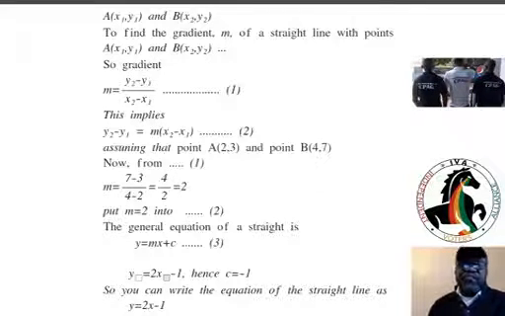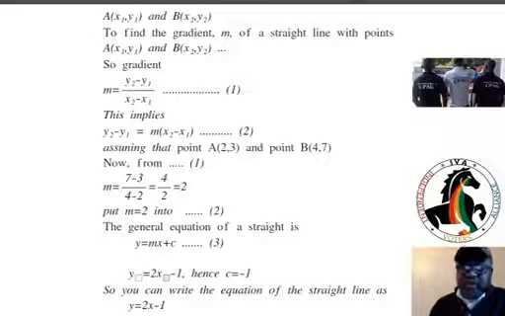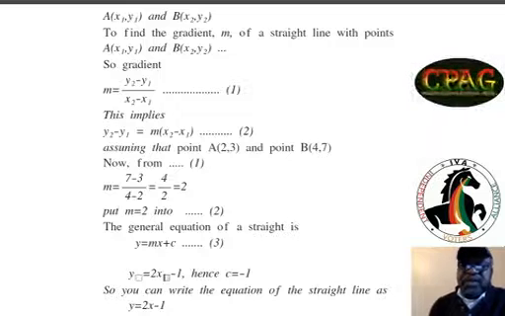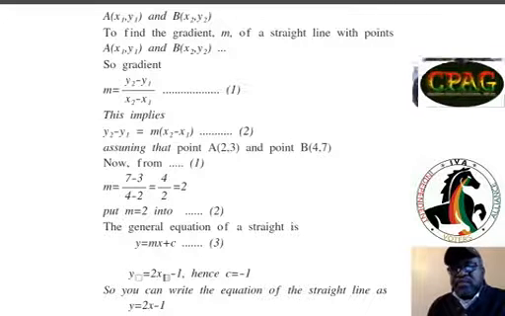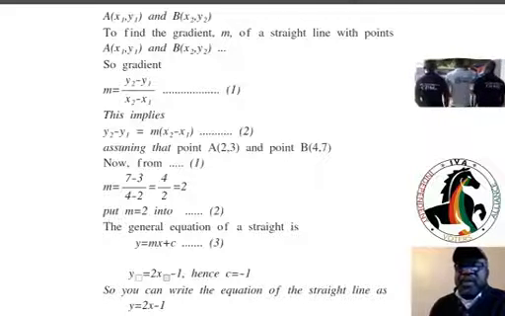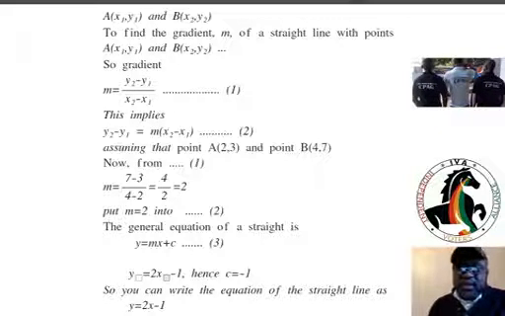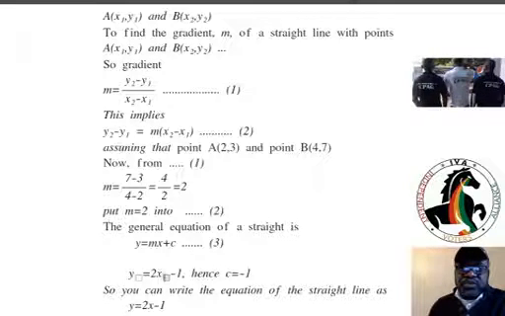For instance, if you have two arbitrary points, A has coordinates x1, y1, and B has coordinates x2, y2, to find the gradient m of a straight line with these points A (x1, y1) and B (x2, y2),